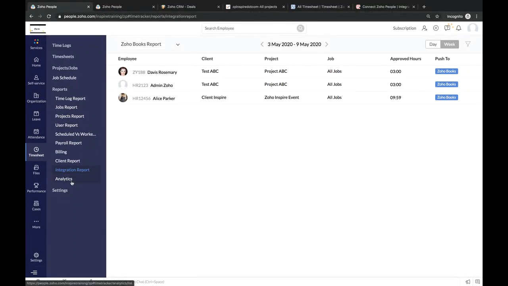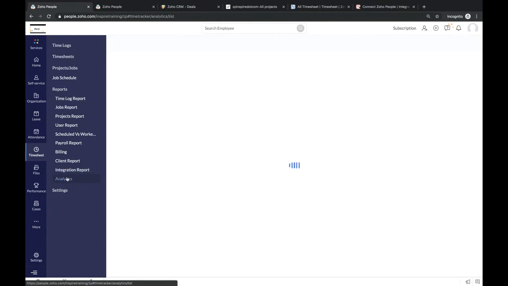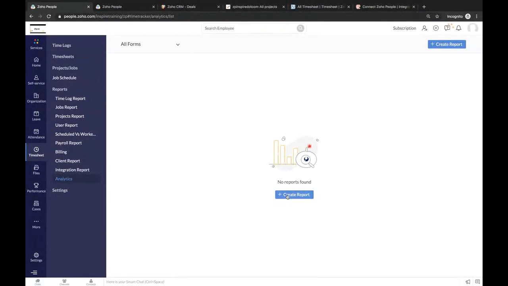And finally, we have analytics. So this is the most interesting part. Though we have n number of reports and dashboards available, we are not forcing our customers to use those particular reports or the data. So the purpose of analytics is you can generate a report as per your requirement. So I can go to analytics, click on create,